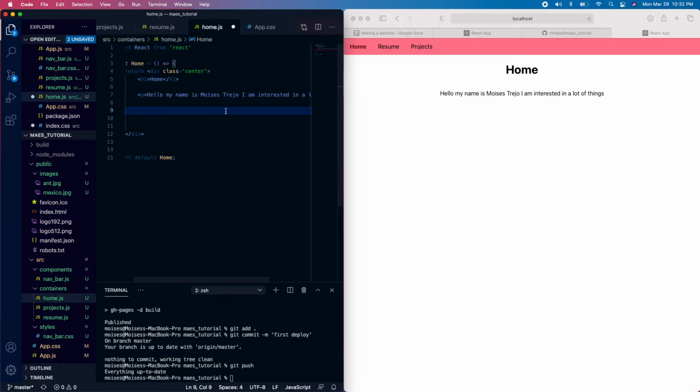Awesome. And then I can add an image of myself. You add an image tag. It opens and closes it. The src is the payload. It's the image that you're going to add. So to access it, you just do